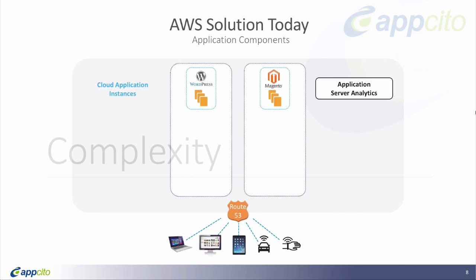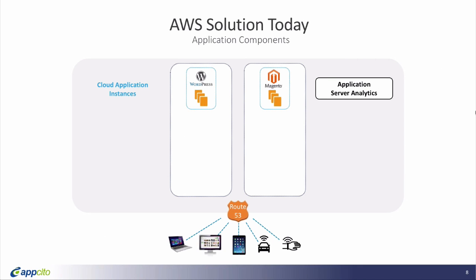So as I mentioned, we're going to look at a very high-level architectural view of an AWS environment. In this example, I've got two applications, a WordPress instance and a Magento instance, so you're running in two separate environments within Amazon. And at the bottom, you'll see that we have various endpoints, whether it's desktop, mobile, or other types of sources